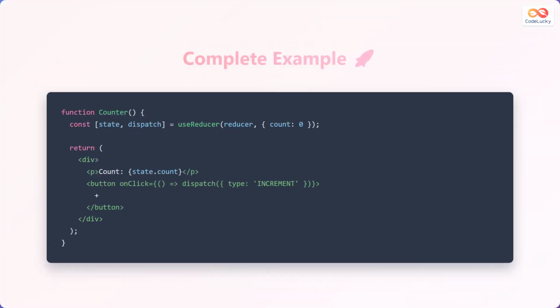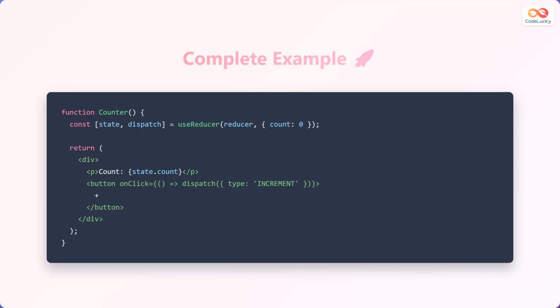Let's look at a complete example of how to use useReducer. Here we define a counter component that utilizes useReducer to manage a count state. The dispatch function is used to trigger actions like incrementing the count. function Counter() { const [state, dispatch] = useReducer(reducer, { count: 0 });